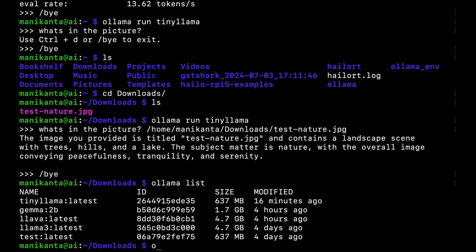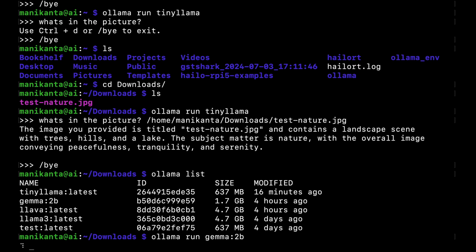Now let's run our most awaited model. Just type this command, and if you don't have the Gemma 2 billion model, it will automatically download the model and then run it for you. If you just want to pull the model or download it and don't want to run it, you can use the command pull instead of run. You can substitute the word pull. If I run that,